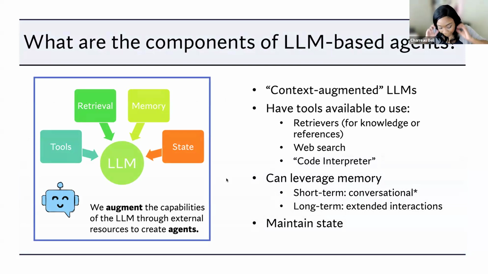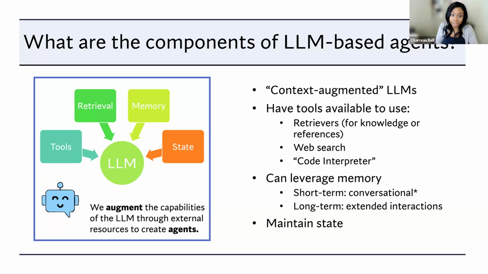So now with agents, we might think of an agent as something that is augmenting the capabilities of a large language model. And so sometimes we tend to call those systems context augmented. What that means, again, is that we have this LLM, and normally it's been trained in some way. We just saw the tasks that it needs to do: instruction fine-tuning, supervised fine-tuning, tool calling. It has been trained on all these things.